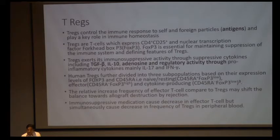T-regs exert their immunosuppressive activity through suppressive cytokines including TGF-beta and IL-10, adenosine, and regulatory activity through pro-inflammatory cytokines, mainly IL-17 and interferon-alpha. So human T-reg cells are further divided into subpopulations based on their expression level of FOXP3 and CD45RA. They can be naive or resting, CD45RA positive FOXP3 low, or they can be effector, CD45RA negative FOXP3 high, which are basically the cytotoxic T-regs, and they can be cytokine producing, CD45RA negative FOXP3 low as well,